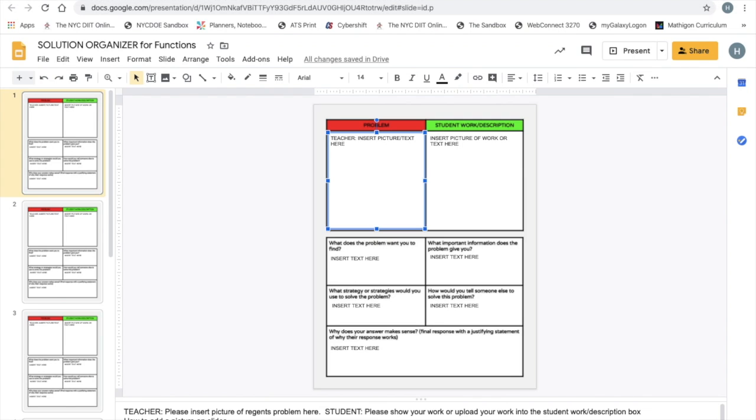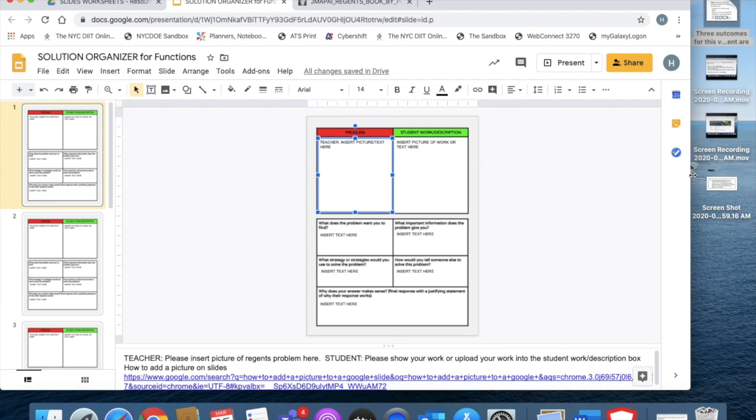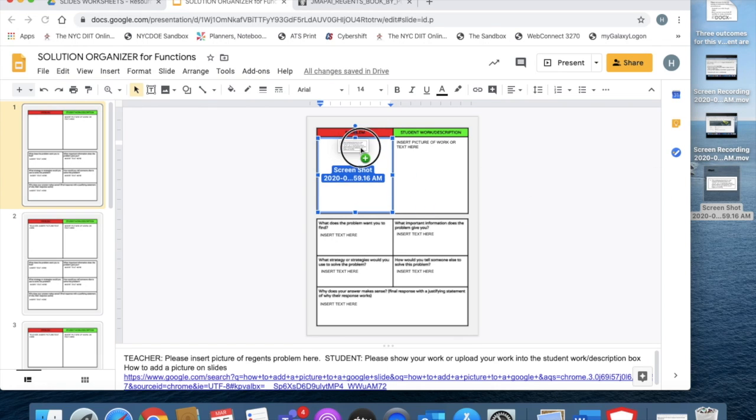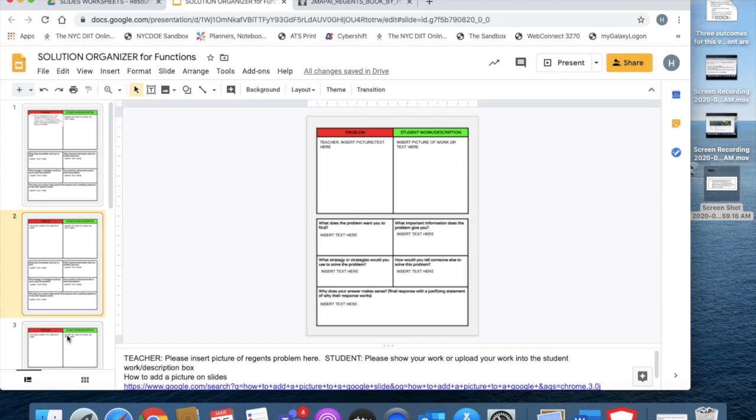So I'm going to minimize this a little bit so that way we could see my screenshot. So here's my screenshot. Here, I'm going to take this, delete it, and then I'm going to put my screenshot in here. Okay? Now, you do this for all of these different problems here, and then you have created your formative assessment for the week. Okay, or it could be a project, whatever it is that you want. So for those of you who are using a Mac,